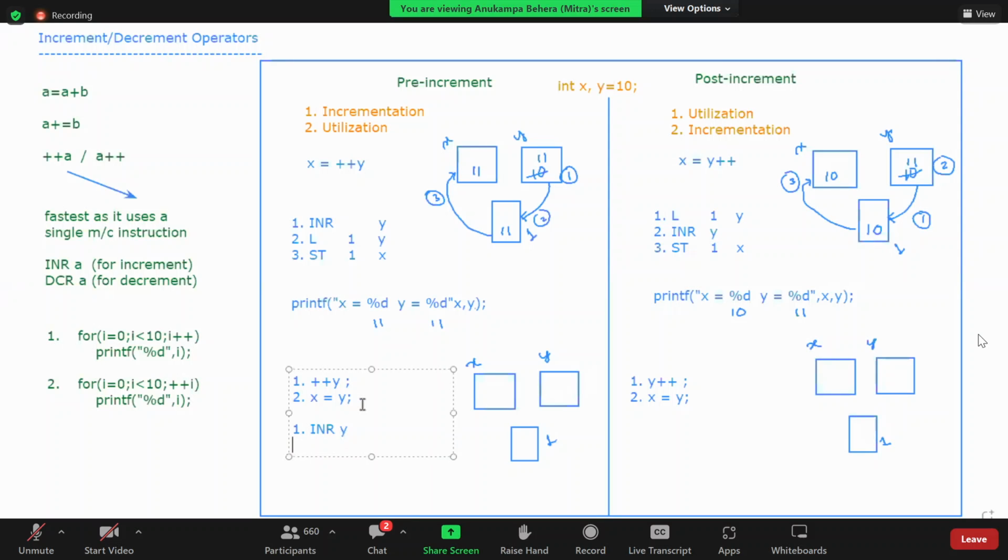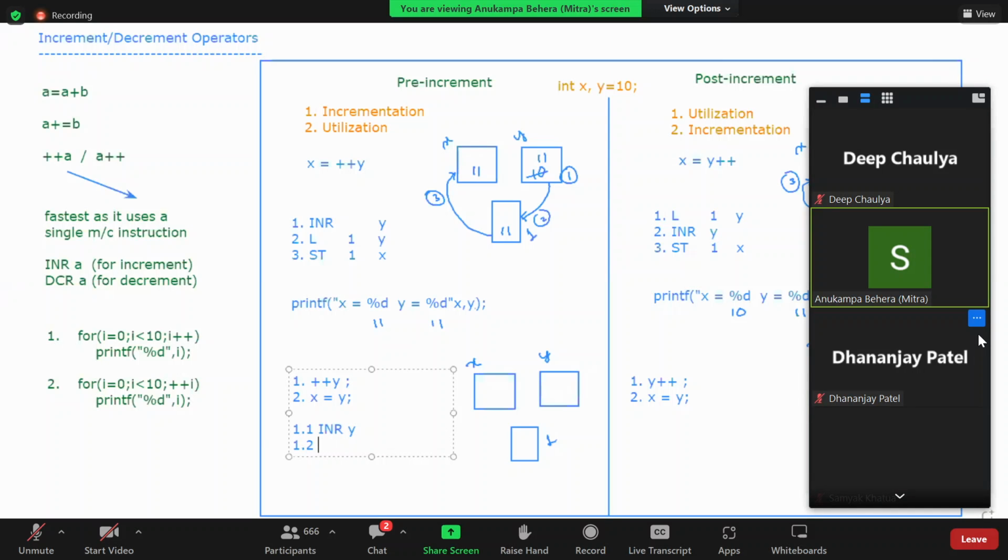Do I need to utilize it? If you want, you can write the statement, but it is actually not needed because the first statement we are actually not using the value of y. We are simply incrementing. समझते हो? आप print plus plus y करोगे, so you are using it to print plus plus y. You are using it for assignment. But in this case, we are simply incrementing. हम लोग कोई assign कर ही नहीं रहा है. But still then, अगर आपको लग रहा है कि नहीं होना चाहिए, तो इस तरीके से हम लिख देते हैं